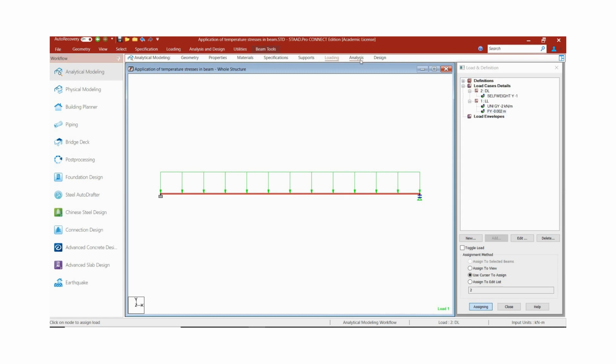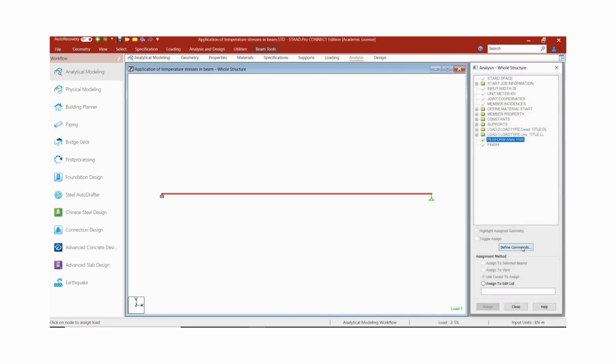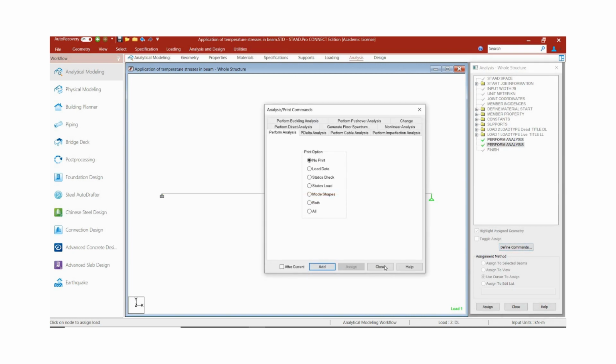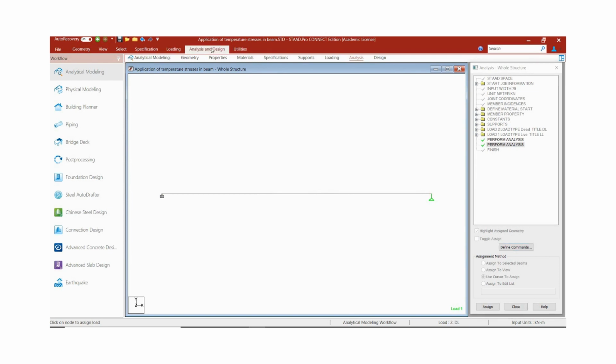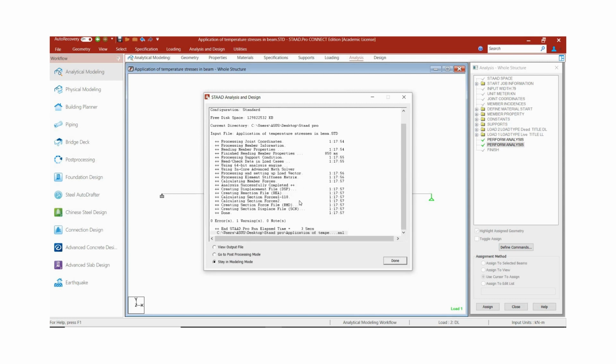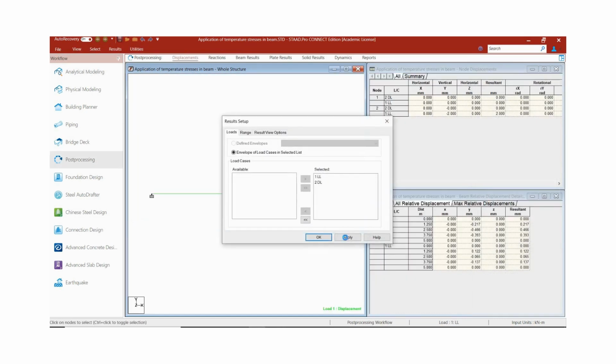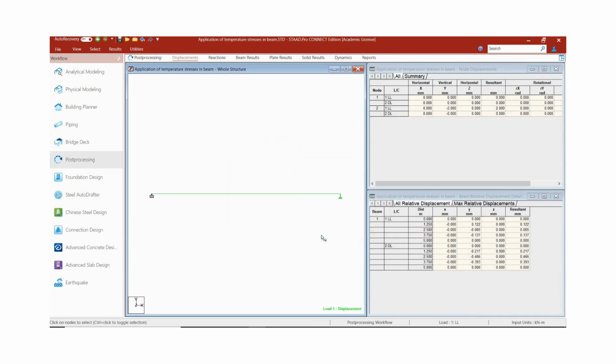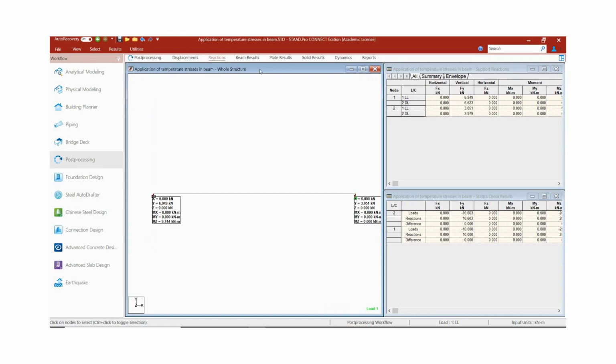Now for analysis, click on analysis, define command, add and close. Now run analysis. Go for post-processing mode. The displacement and other responses are shown here. Reactions,